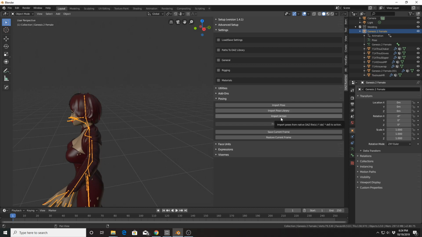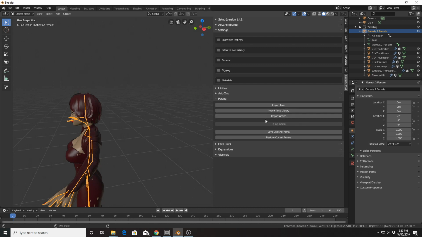And import action, you basically can import a sequence of poses. So maybe somebody is sitting down, and the next pose they stand up, and the next pose they take a step forward. That's not frame by frame, those are just still, one pose at a time. So if you want to do that, you can do that.